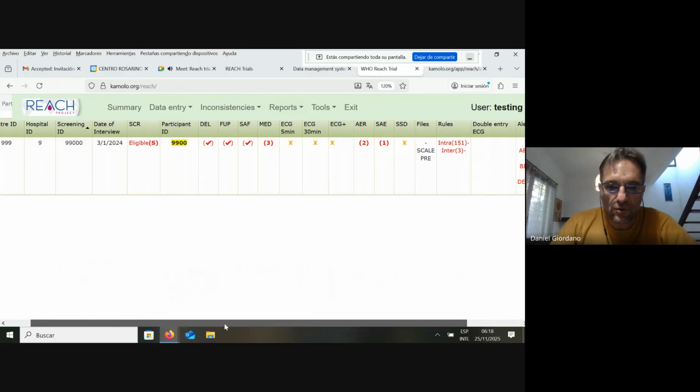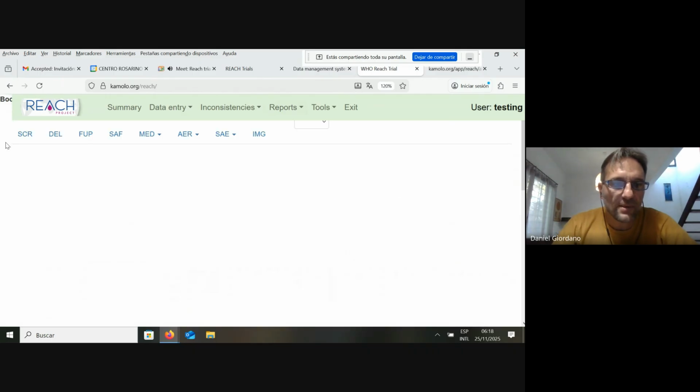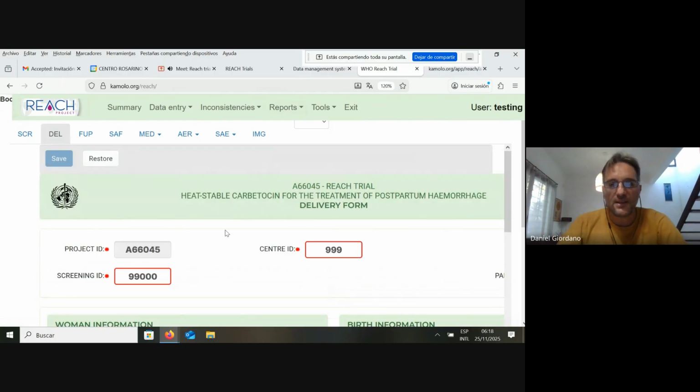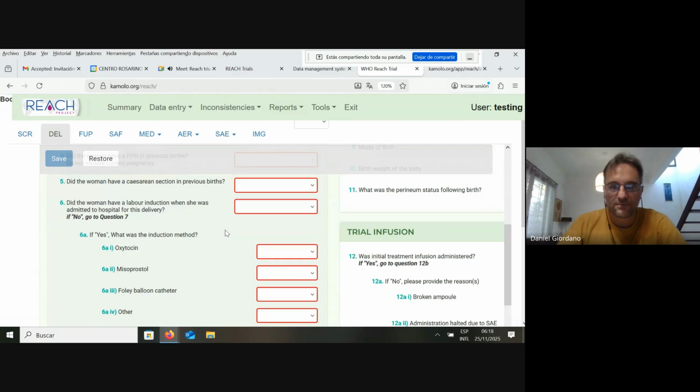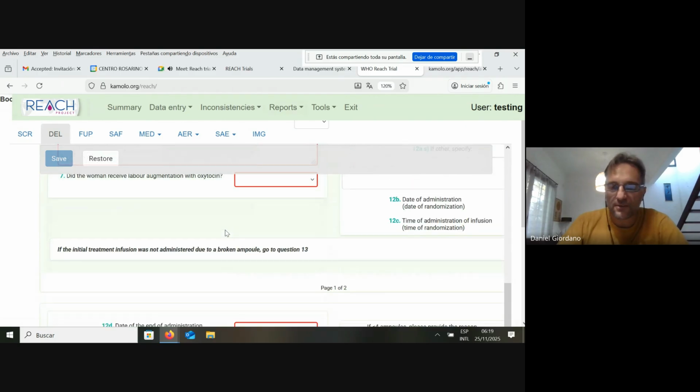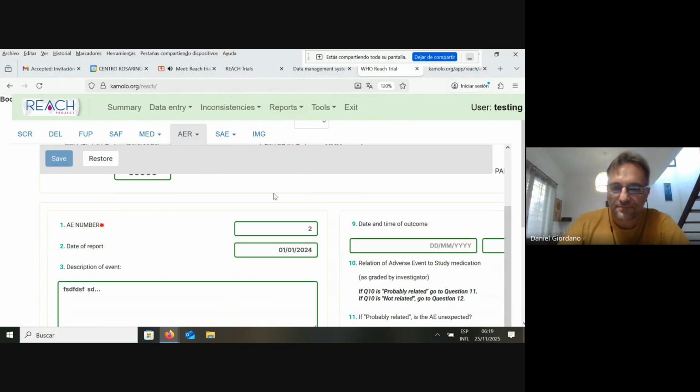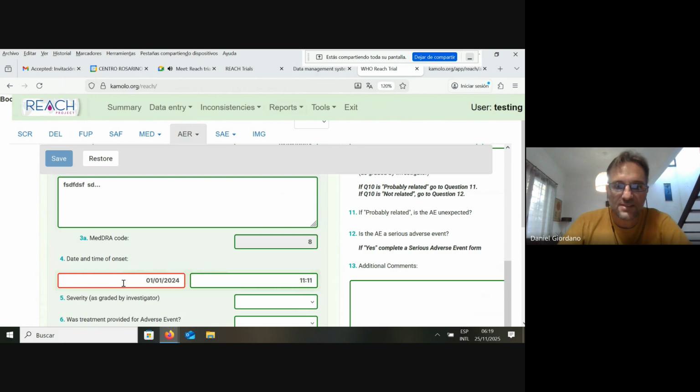So you should open the participant and go to the delivery that has a lot of red alerts, but also in adverse event number 2, you have one of these in red color. Okay, that means that you should verify something. Clicking with the right button of the mouse,